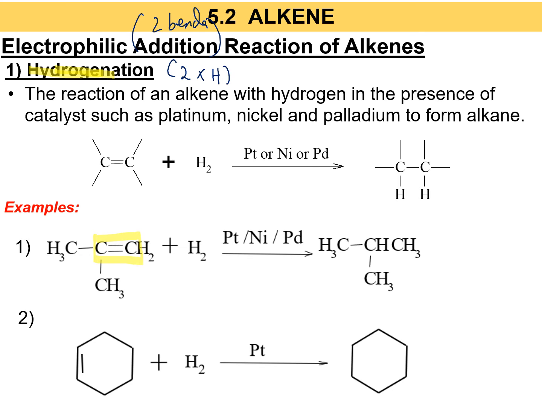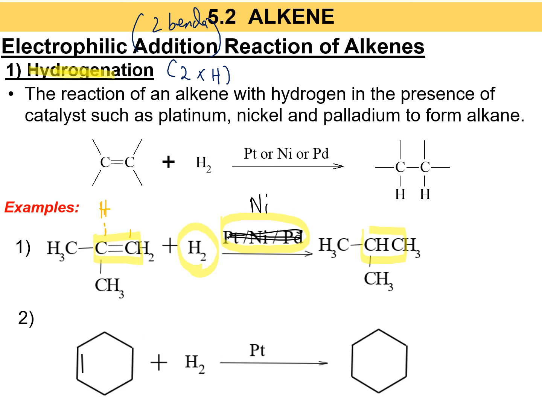Okay, so bila dia buat hydrogenation, because dia gunakan reactant hydrogen dengan catalyst sama ada platinum, nickel or palladium, tak boleh buat macam ni. Kena choose which one. Okay, for example, I want to choose catalyst nickel. Therefore, daripada carbon-carbon double bond jadi, sebab dia buat electrophilic addition reaction, jadilah carbon-carbon single bond. And you can see dekat this carbon, dia add satu hydrogen atom, and also at this carbon atom pun dia